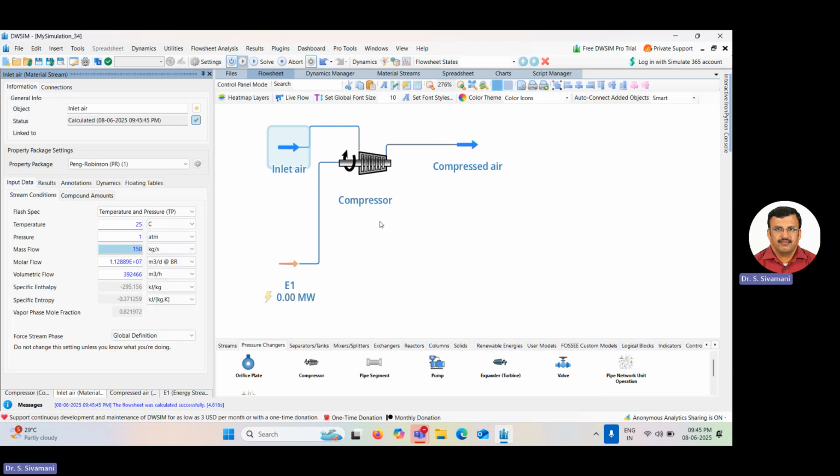Okay. Now before it was red in color. Now it changed to blue color. It means that the compressor is working good. If it is red, it means that either the simulation is running or the system is not working. If it is blue color, then only it means that the simulation is working. Now after giving temperature at 25 degrees Celsius, pressure at 1 atmosphere, mass flow at 150 kg per second, you have to go to